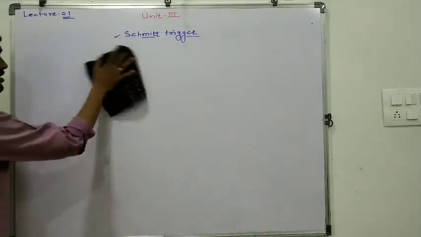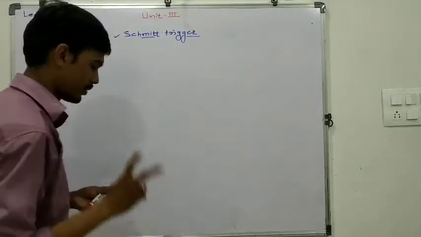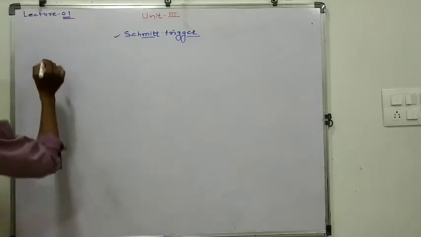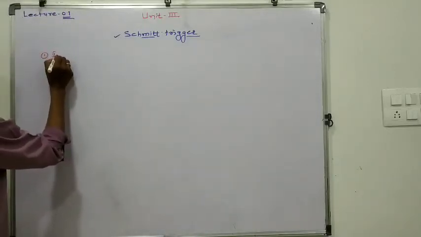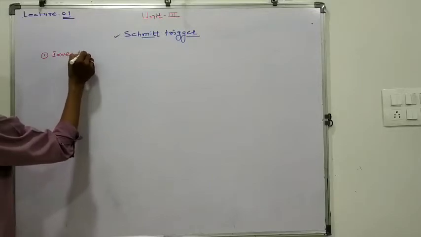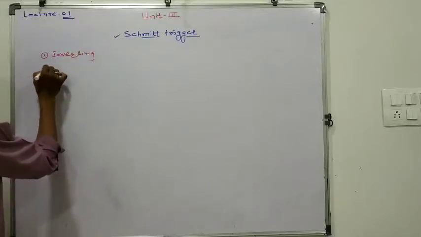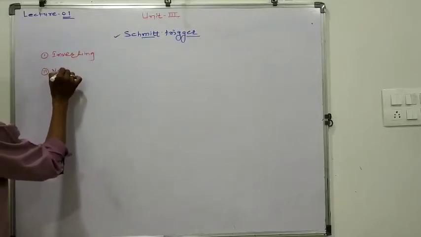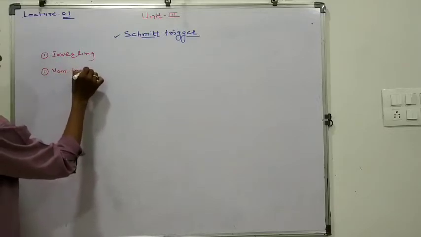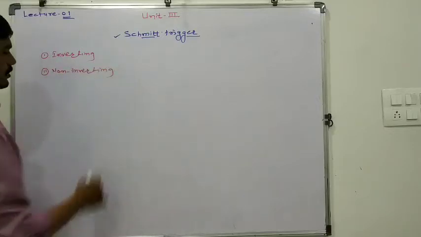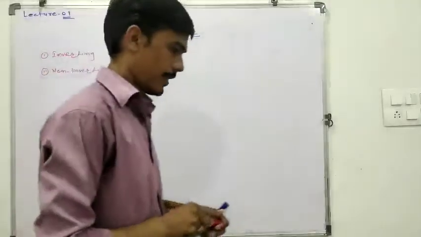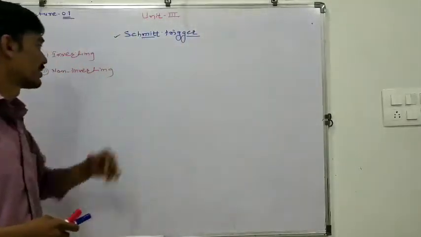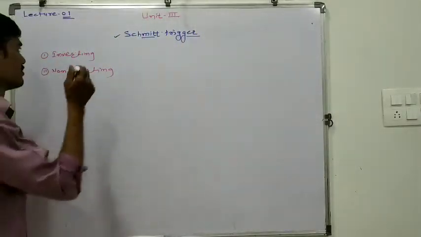So basically, a Schmitt trigger circuit is divided into two types. One type is the inverting, and the second one is the non-inverting type of Schmitt trigger circuit. So here in unit number 3, we are going to concentrate on the inverting type of